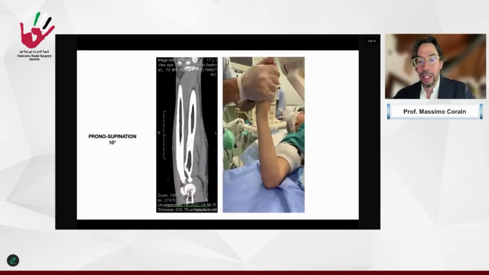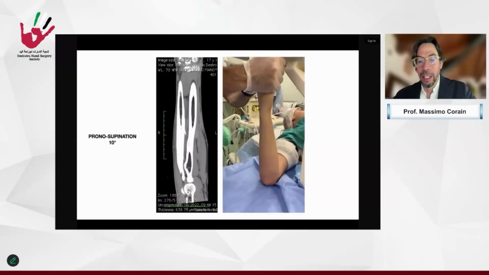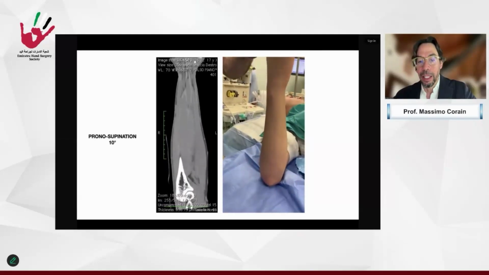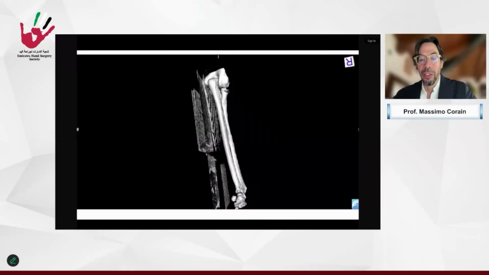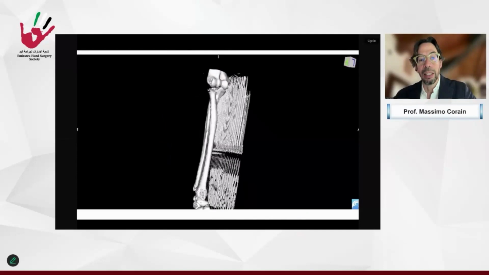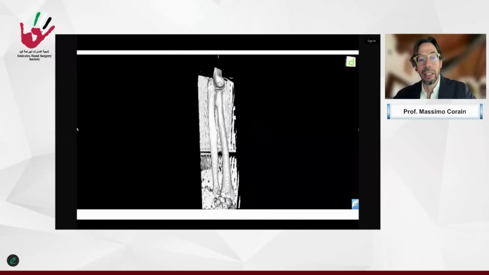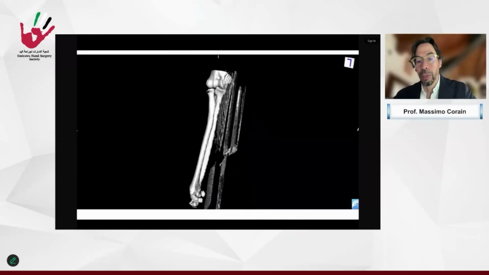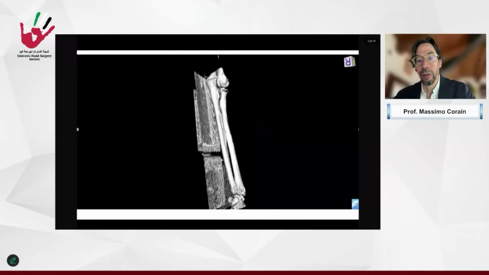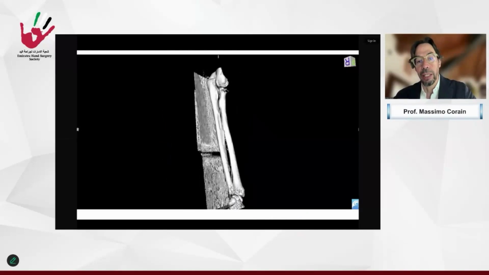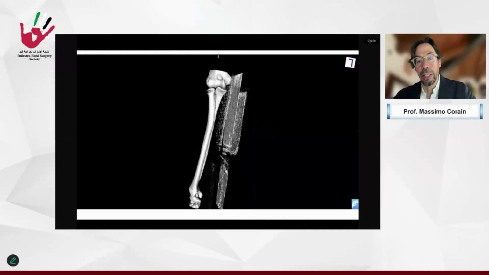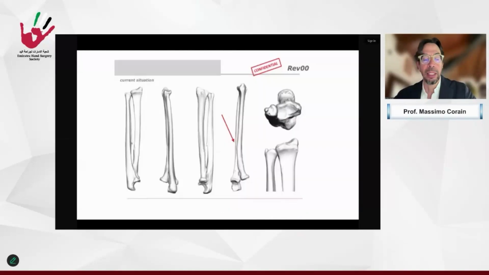This is the CT and the pronosupination lack of the patient with a good disturb in the movement. But without a digital evaluation, it's difficult to see exactly where is the deformity, how to perform it, and how to fix it with the plate, because here we have the insertion of the biceps, we have a neurovascular position that could make it much more demanding. So with the digital planning, we can understand in a better way. So we ask for a patient-specific implant and evaluation.